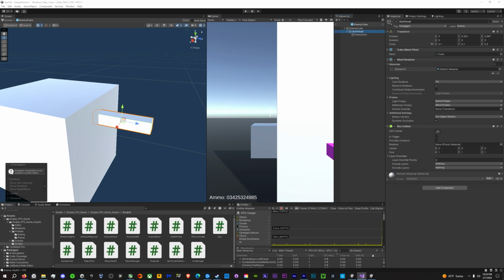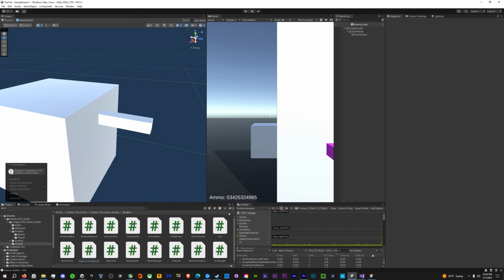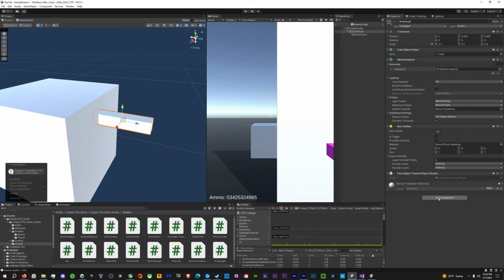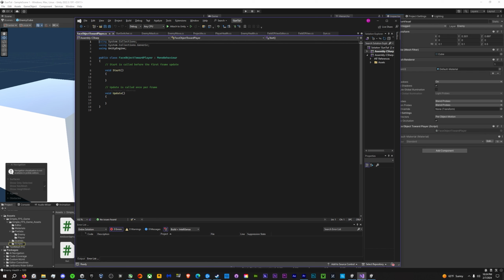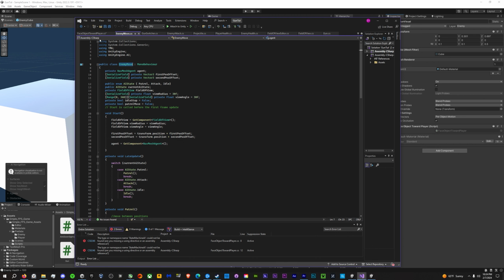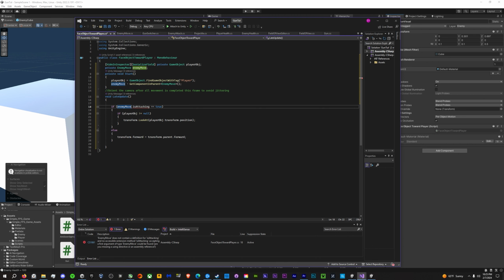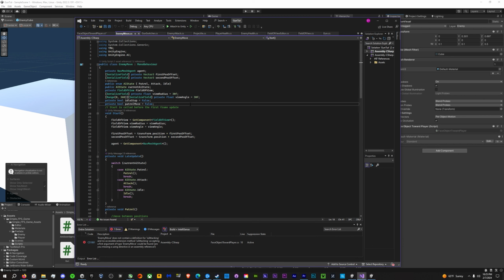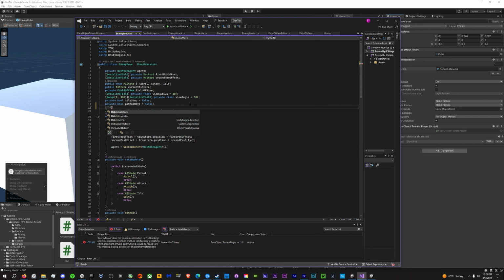And then we want it to face toward player, so we're going to make a new script called face object toward player. Put the face object toward player on your gun visual, remove the box collider. Let's open that script, and I'm not even going to bother to rewrite it. I'm just going to copy paste it from my old game here. And let's see what we need to do to fix this. So it's checking if we're attacking in the AI state machine, which we called enemy move, but we don't have something called is attacking. So let's go ahead and make a hide in inspector, public bool is attacking